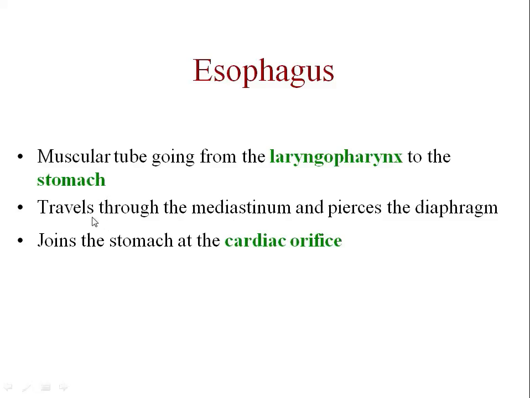Its function is the travelling of food from the oral cavity to the stomach. It travels through the mediastinum and pierces the diaphragm. The diaphragm is a muscular layer separating the abdominal cavity and the thoracic cavity. Our respiration is aided by the diaphragm. Movement of the diaphragm is responsible for breathing, and the esophagus passes centrally through the diaphragm